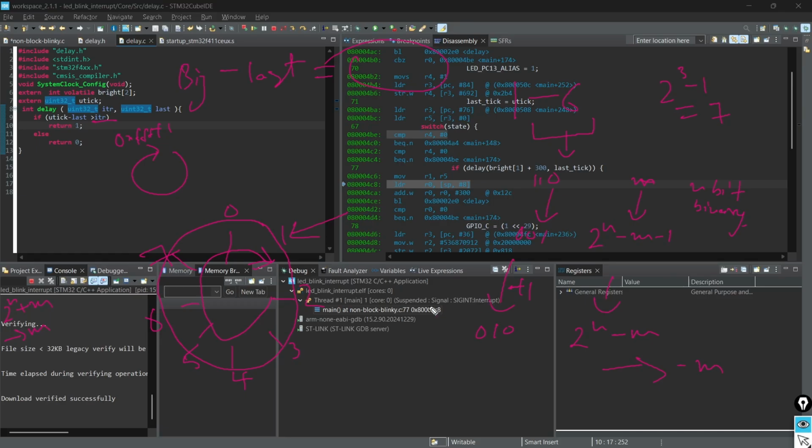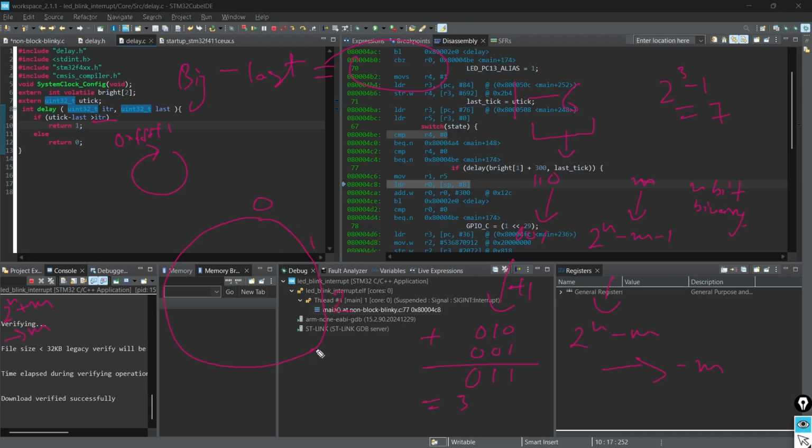So 1 is simply 0, 0, 1, we add these both, we get 0, 1, 1, which is 3 in decimal. So you see, 1 minus 6 is equal to 3. So there is a built-in overflow protection.